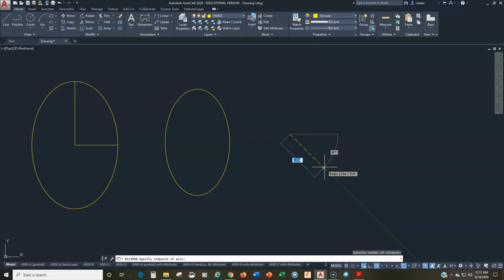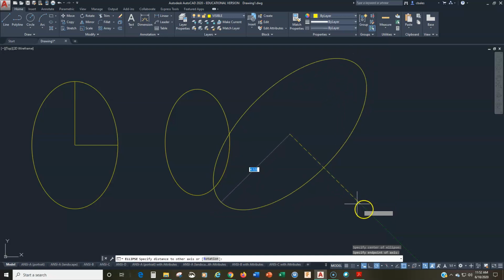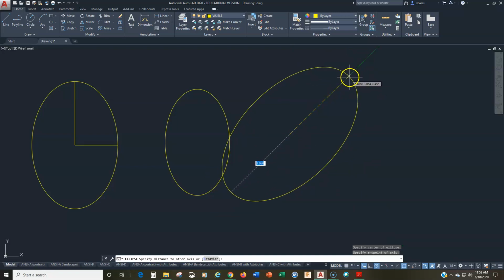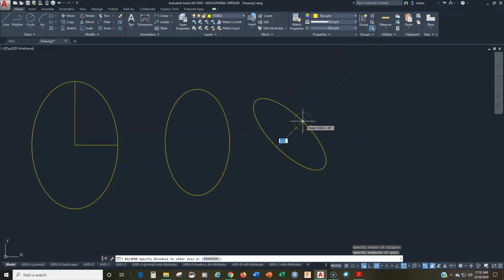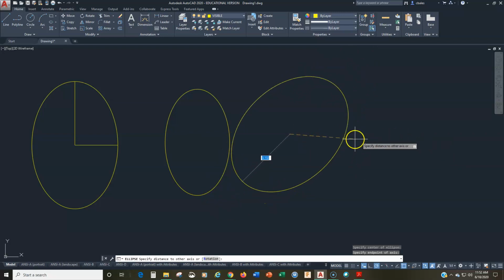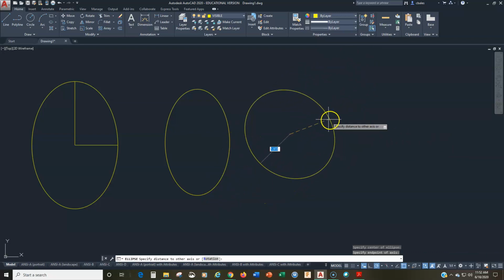I have my polar tracking on at 45 degrees, so I can stretch it out like this. Notice also that the first axis endpoint is not necessarily the major or the minor one. You get to decide what it is. If I want this to be the minor axis, then I stretch it like this. If I want the first axis to be the major axis, then I have to stretch it like this. Notice also, this is good to know, that when I'm specifying my distance, see right here